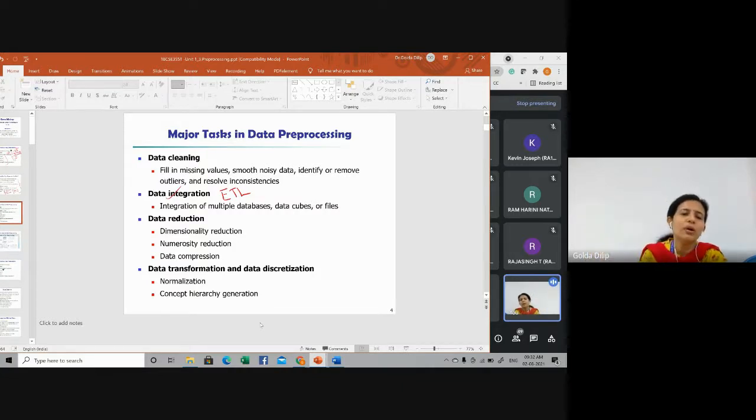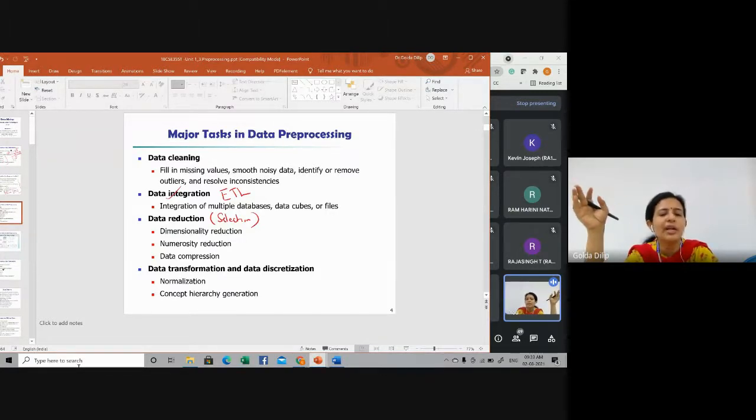Then we have what is called data reduction. I think when we discussed KDD, we called it data selection. Data selection is done by reducing the data, because we don't need all the data we have collected. We need to select only the data which we think is useful for doing data analysis or data mining. You have a number of techniques: dimensionality reduction techniques, data compression techniques, numerosity reduction techniques. We will look into all these things. Or you can select the data by using neural networks, decision trees or naive Bayesian classifiers, or by means of clustering or regression.